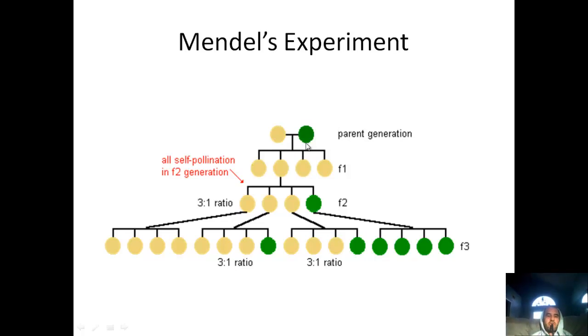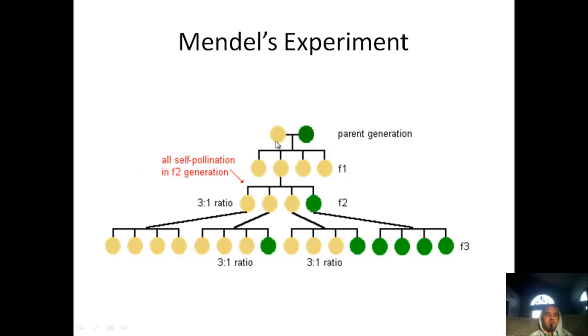And then he crosses them, and he looks at the seed color for all of the offspring. So we call that F1. It's first filial generation, but it's basically just the offspring from this initial cross. And you can see in our little branch diagram, they're showing the parents coming together, and then here's all the offspring coming off. Now, he had a background in mathematics, so his knowledge of math helped him in his understanding of the results he was getting.